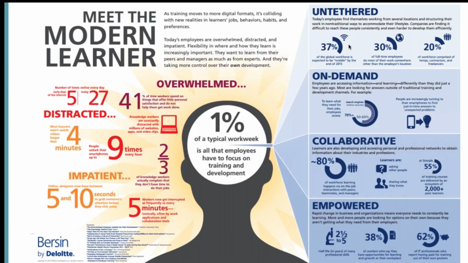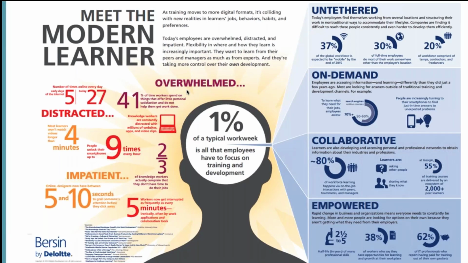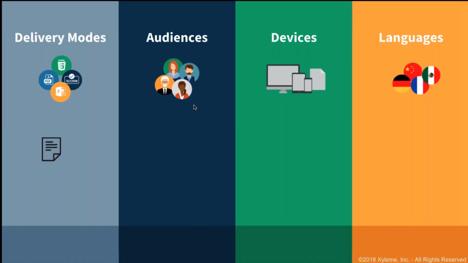Now, when I start looking at all the different ways of getting content in front of them and how to maintain that, that word overwhelm actually applies to the learning and training group as well, because it's no longer just about putting out a single monolithic course or just a single piece of content. So when we look at a lot of the challenges that really face us when we start looking at all these different ways to access content and put it in front of the modern learner, I'll take a really simple example. Maybe it's a standard operating procedure, or maybe a policy, or something that needs to go out to multiple